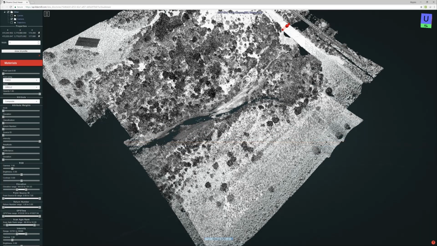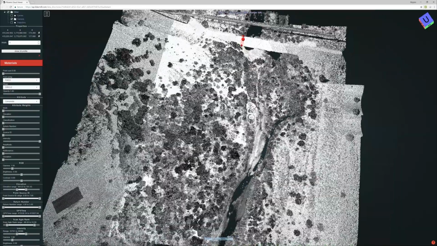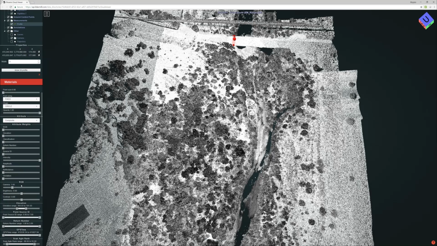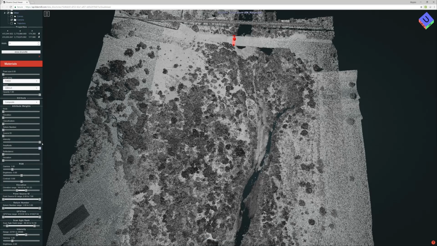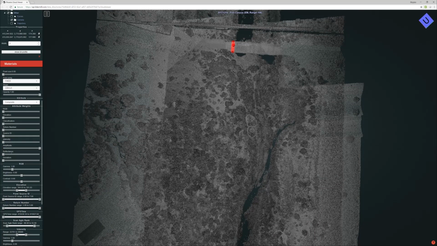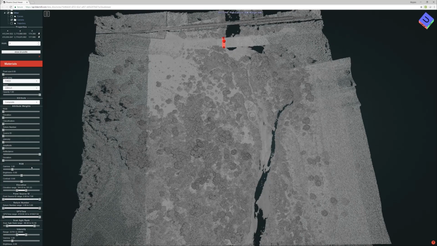I'm going to close the 2D view for now. So now we're looking at a combination. So intensity is a combination of reflectance and amplitude. You have the option of also looking at just the sensor's amplitude, the sensor's reflectance,